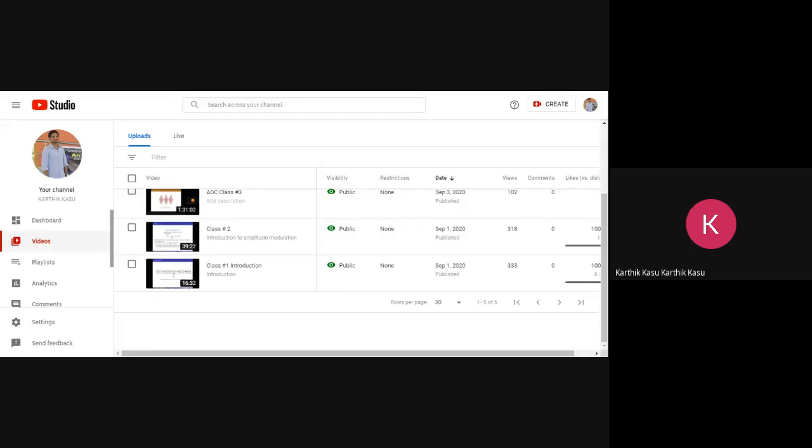Now this is the circuit of the ED. It uses very low cost components and is very simple to design. It contains a diode, a capacitor, and a resistor, that's it. This is the demodulator because the input to the circuit is s(t), the modulated signal, and the output is m(t), the message signal. This is called demodulation. Both modulation and demodulation are important. Generally we do modulation in the transmitter part and demodulation in the receiver part.